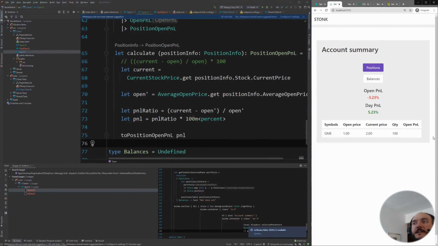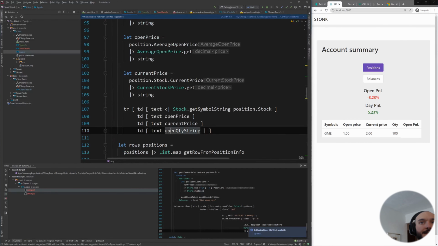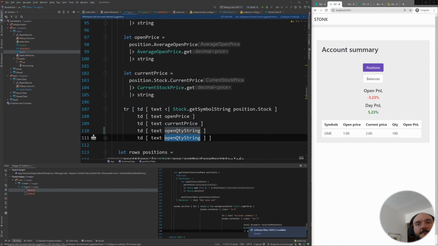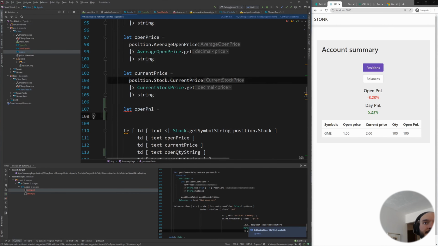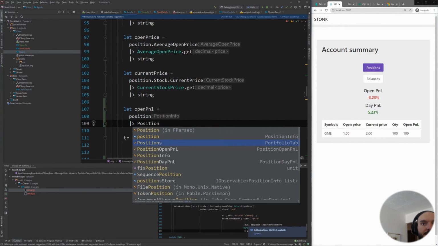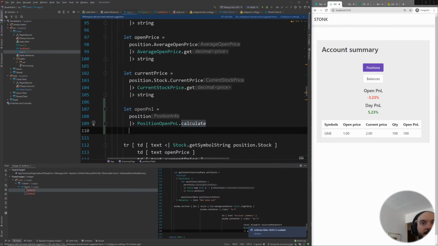Okay, so if we go back here, now we can plug this in. So here, where we were in the table, we can add a last data cell. Then it's going to contain our let open PNL for the position, and this will be equal to I give it the position and I pass it to position open PNL dot calculate. This will give me a position open PNL, and from there I want to get it to a string format,